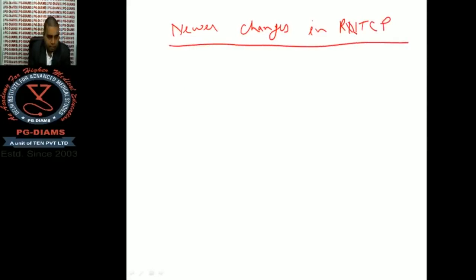First thing is, previously there used to be 2 categories, category 1 and category 2. Now there is no category 1 or category 2. Now the cases are of only 2 types, either new case